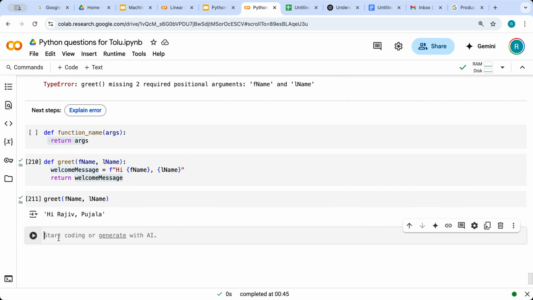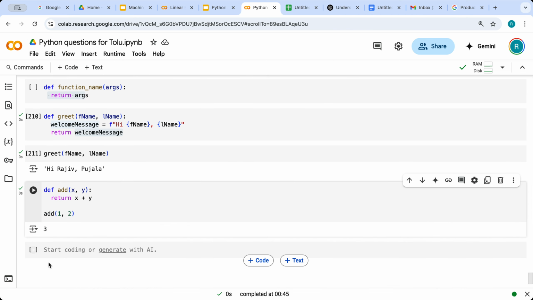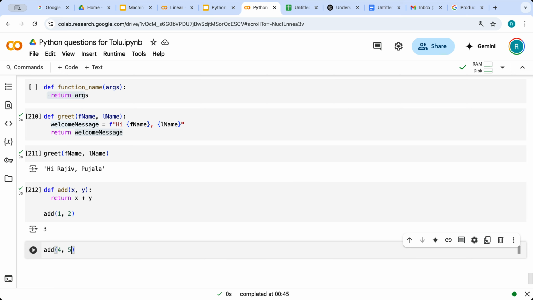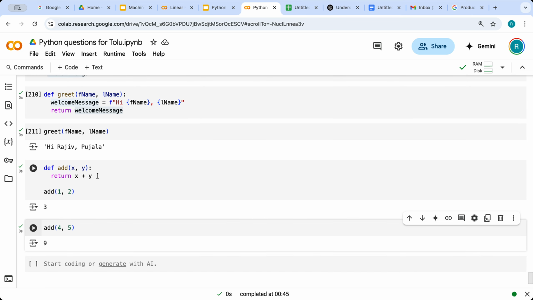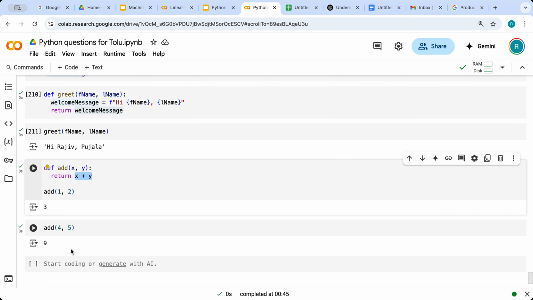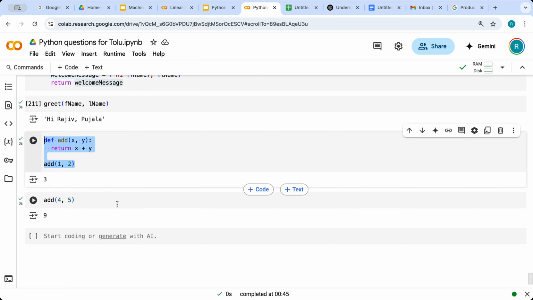So for example, let's add something: define add x comma y, and return x plus y. Now whatever we pass, for example 1 comma 2, it will return the output as 3. For example add 4 comma 5, it will return 9. So instead of writing this code in a separate line and executing it, this is how we can use functions effectively. And functions are really good. And now let's see